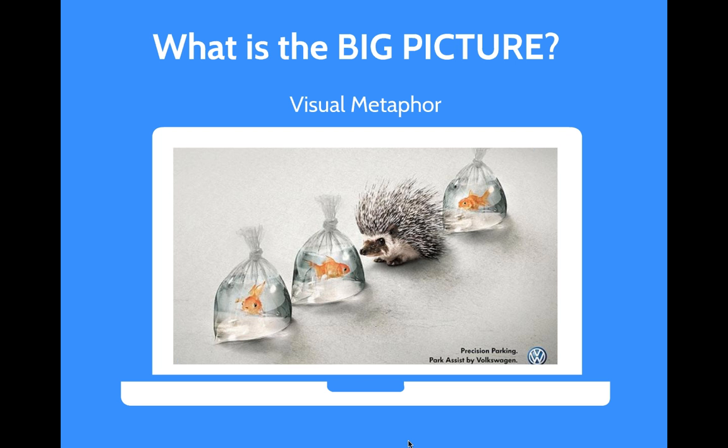Here is a visual metaphor for Volkswagen. So any of you who are lucky enough to walk into a Volkswagen showroom and buy one of their new cars at the moment, you'll probably be given the option of a park assist system, which means your car will park itself for you, which sounds pretty futuristic and something we would only see in science fiction movies, but it's becoming pretty standard. So this is their visual for getting across the importance and the benefits of that parking